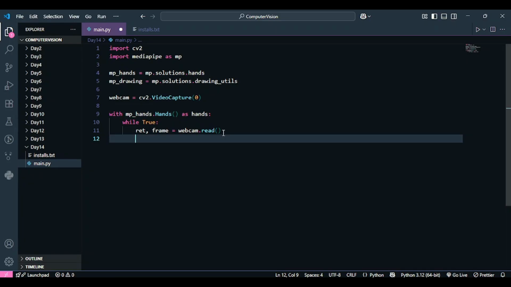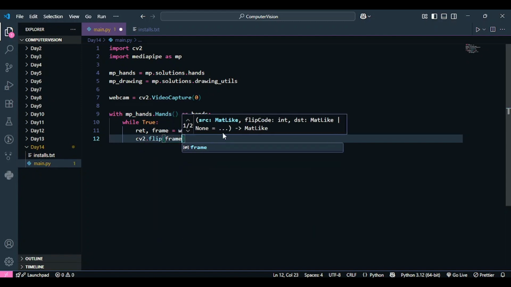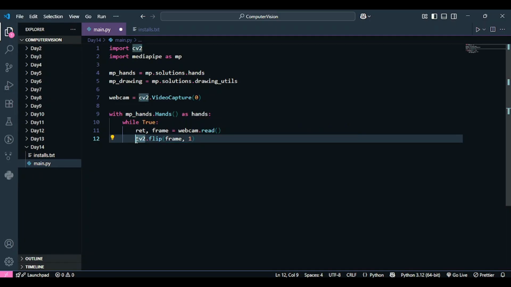It's totally optional. Even if you don't do this step, it's still going to detect the hands for us, but this just makes the webcam look a little bit better. So that if we're trying to raise the right hand, it looks like we are raising the right hand. I'm going to write frame over here, the frame that I want to flip, and I'm going to pass 1 since I want my frame to be flipped horizontally. If I want it to be flipped vertically, I will write 0 here. If I want it flipped vertically as well as horizontally, I'll pass a -1 value. I am going to save this value in the frame again.